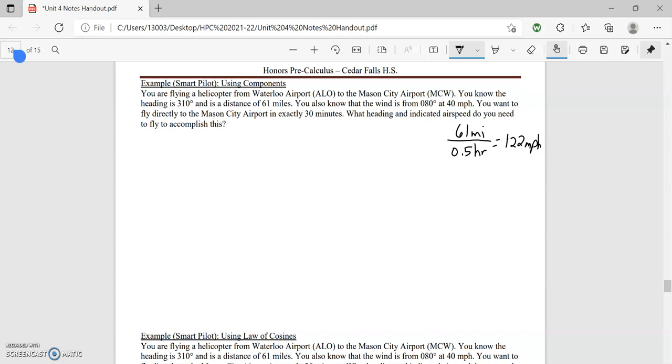We also know the heading that we need to go after the wind has pushed us or pulled us, whatever you want to call it, headwind, tailwind. We know what direction we need to be going after we account for wind. That is why this is a smart pilot problem: we are in control of our destination. We're not just letting the wind take us wherever we want. We are actually going to know our destination. So what that looks like, again, on paper here, on a map,